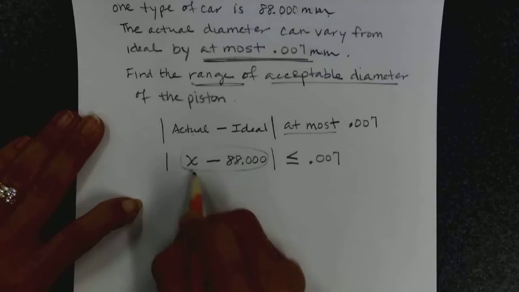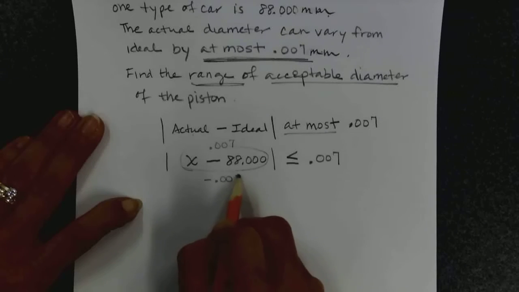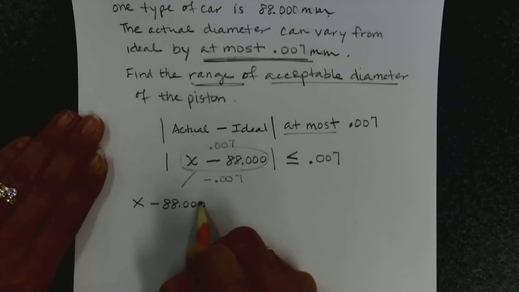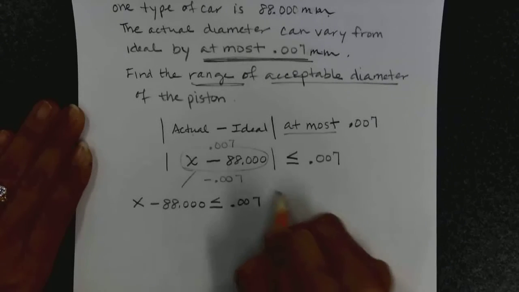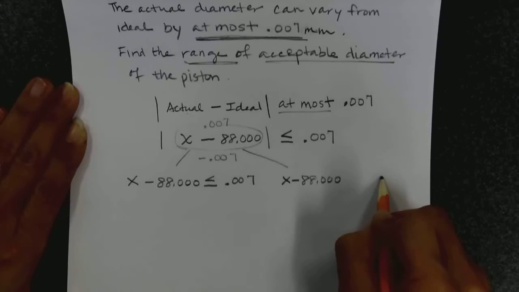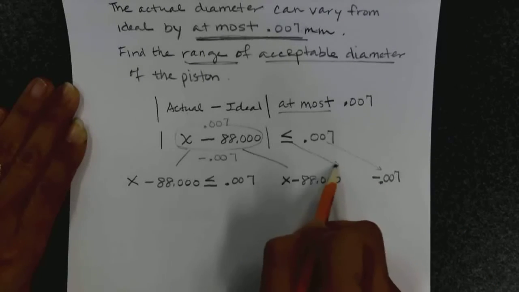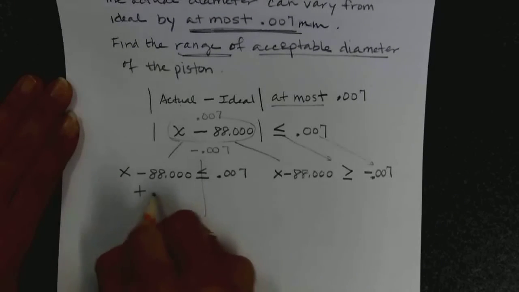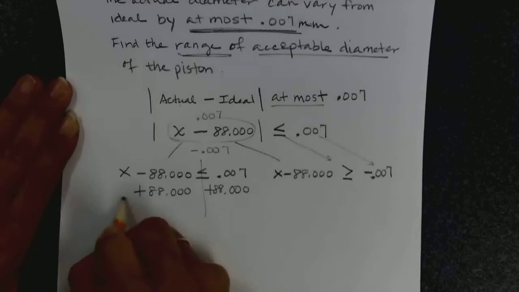So now when we solve this, this will give me the range of acceptable measurements. So remember, I want the inside to be either 0.007 or negative 0.007. So we're going to split this up. x minus 88.000 has to be less than or equal to 0.007. And I want the inside to be x minus 88.000, and I want it to be negative 0.007. So then, because I made it a negative, I must flip to greater than or equal to. So now once I solve, plus 88.000, plus 88.000,